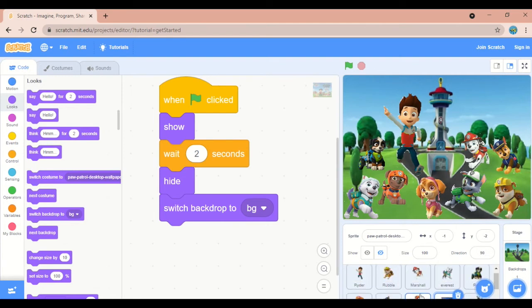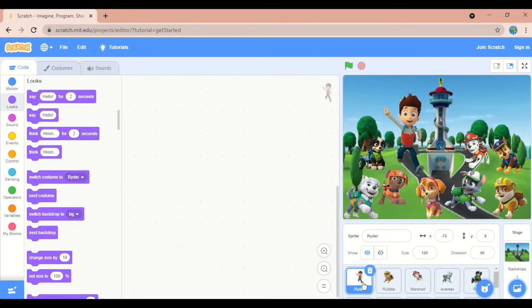So select the first one, Rider. Make sure Rider is here. If you are going to code for Rider, select that from here. After that, make sure you can see the Rider picture over here. Then, when the background BG shows, that is when this Rider should come.